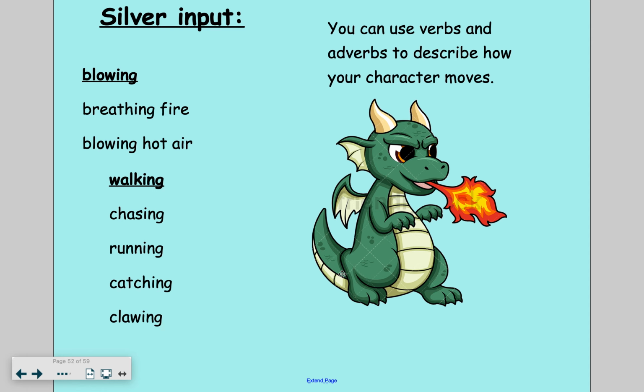Okay, maybe it's chasing you through a valley like on Jurassic Park. And instead of dinosaurs, it's an island full of dragons. That'd be quite cool. Well, it wouldn't be, because obviously I wouldn't want to be getting chased by dragons on a deserted island. Anyway, catching, clawing. How else could you describe these? Okay, so